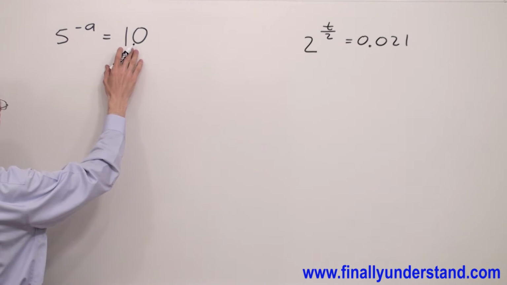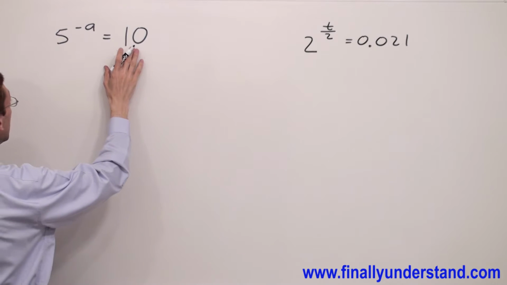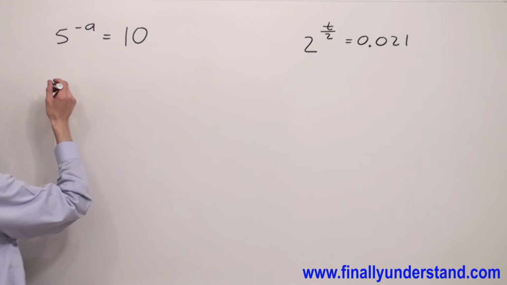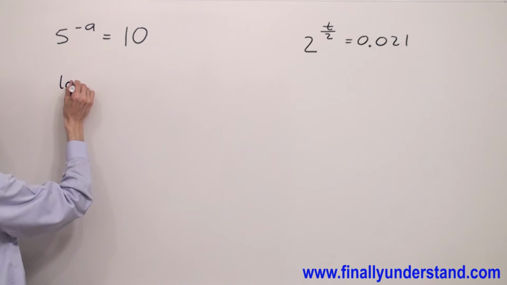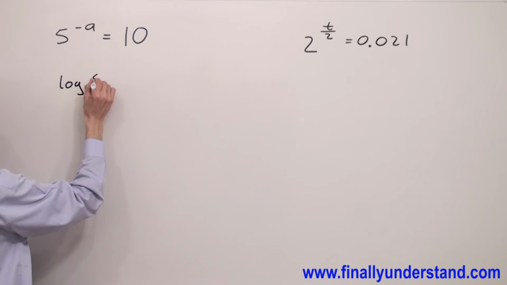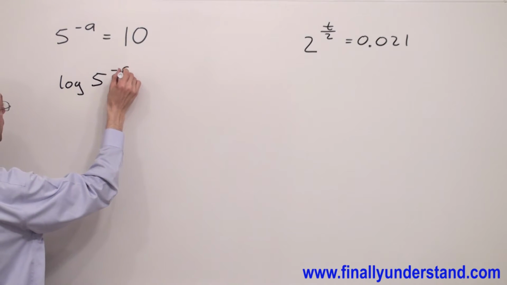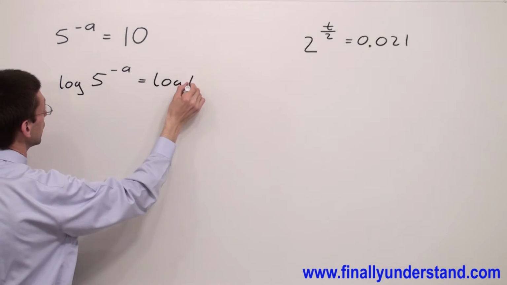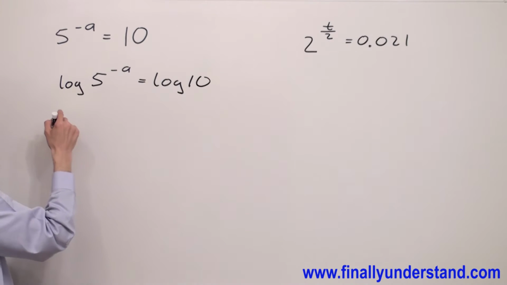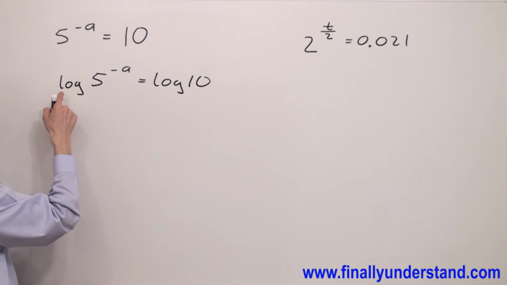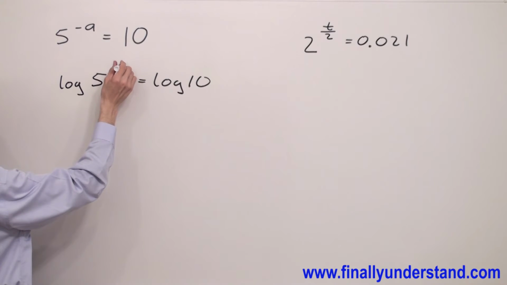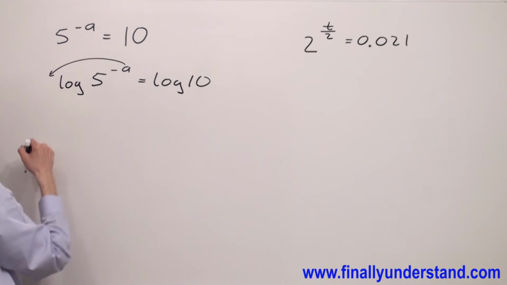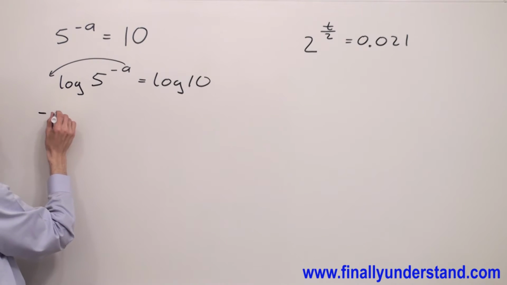Because I have 10 on the right side of this equation, I'm going to use the common logarithm for this particular problem. So I have log of 5 to the power negative a equals log of 10. Next, I'm going to use the property for the log of a power, and I'm going to convert this exponent to the coefficient. I'm going to simply bring this down to the front of the logarithm, and I'm going to have negative a